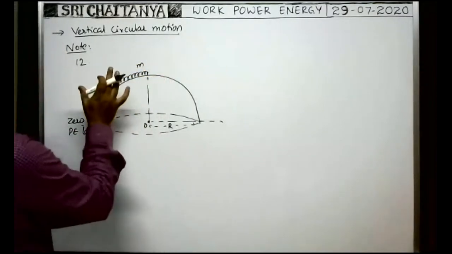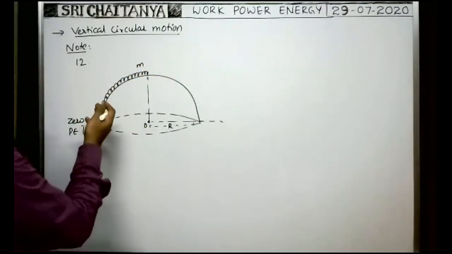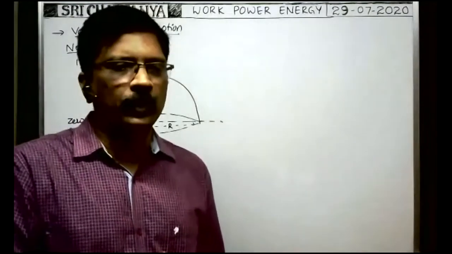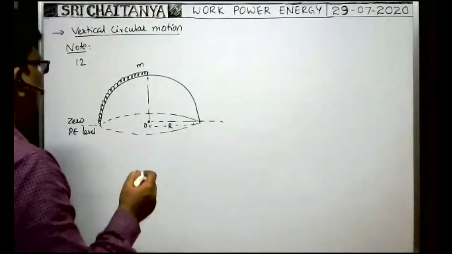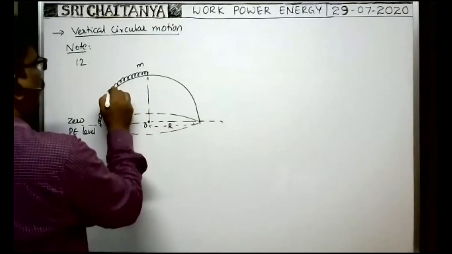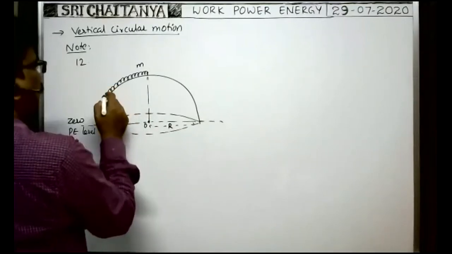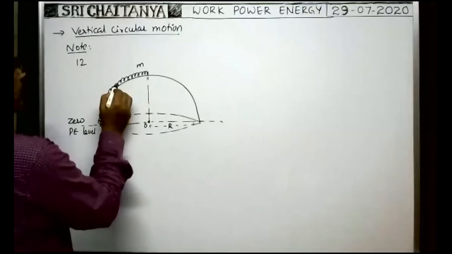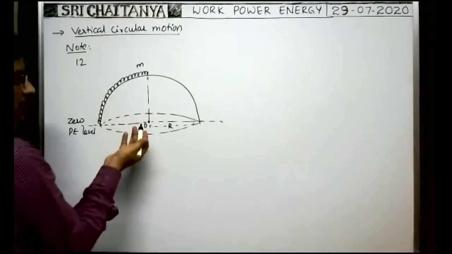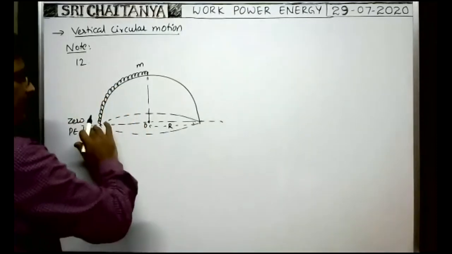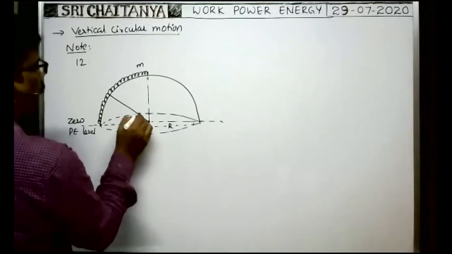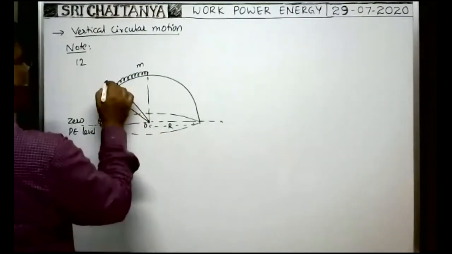Okay, what is the potential energy of this chain? They asked. It is not a point mass. In order to find the potential energy of this chain, first you imagine one element here. Suppose if the point mass is here, then potential energy means mg into this vertical height, that gives the potential energy stored in that particle. But it is an extended object. So you consider a small element having length dl.